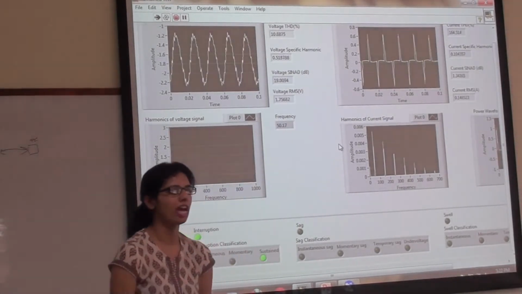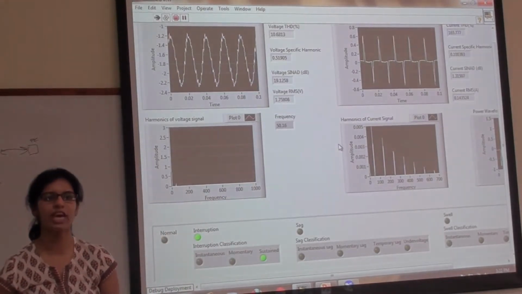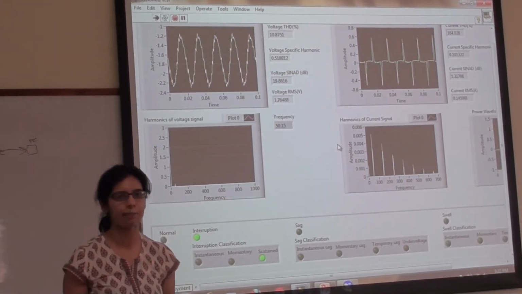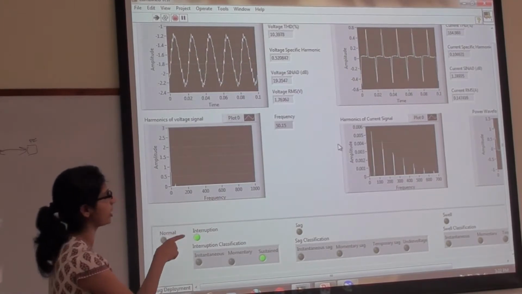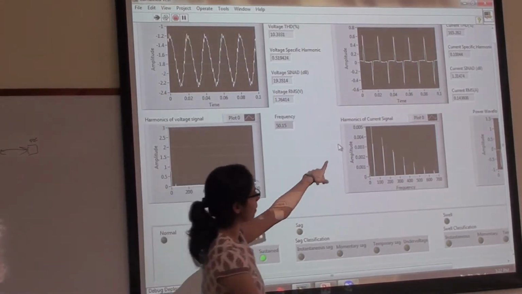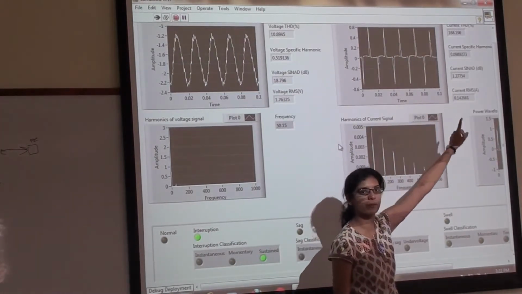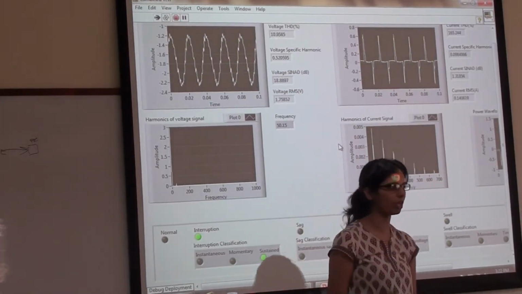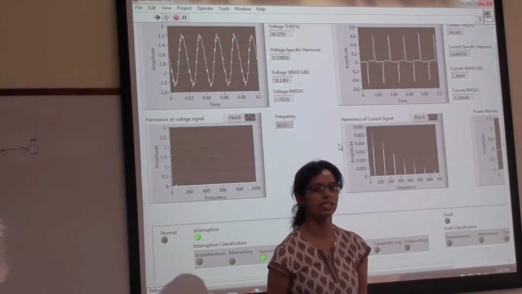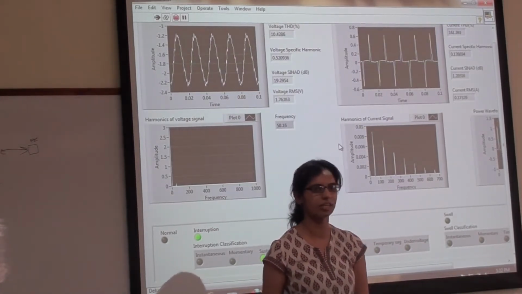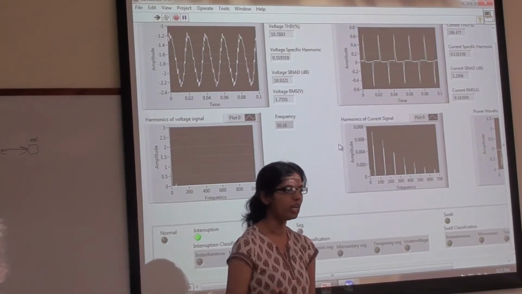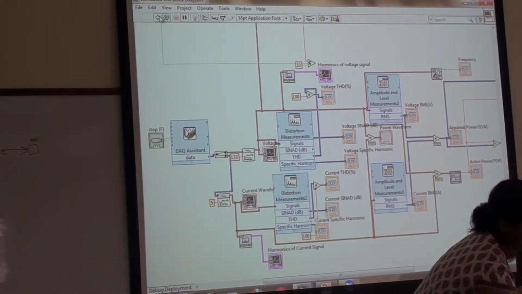So now the bulb load has been completely turned off, and all we have connected right now is basically a laptop load, which is a non-linear load. And so we see these exact spikes coming up here, and the current THD has shot up to 165%. That's way above the normal that it's supposed to be. The general standards go up to only about 20%. The current THD limit that is allowed is just 20%. It's a cause of concern for us.